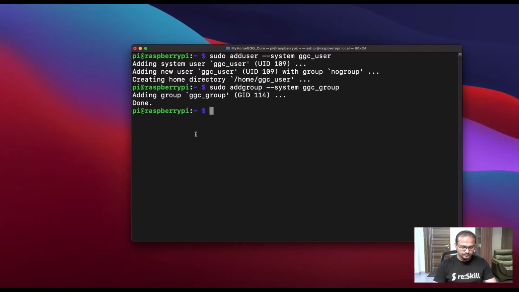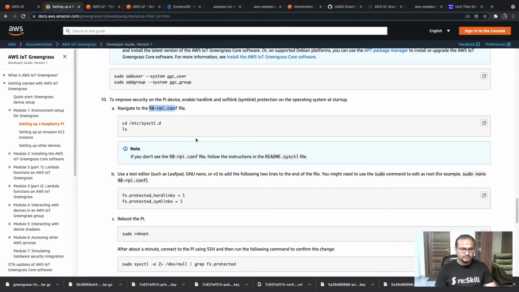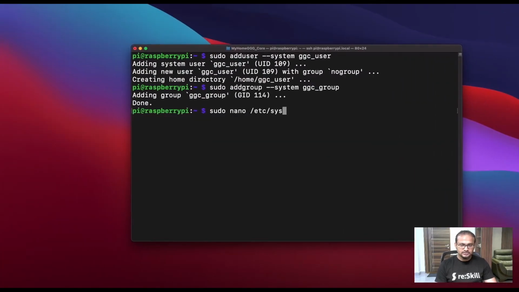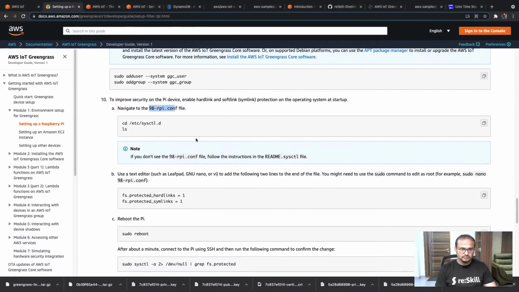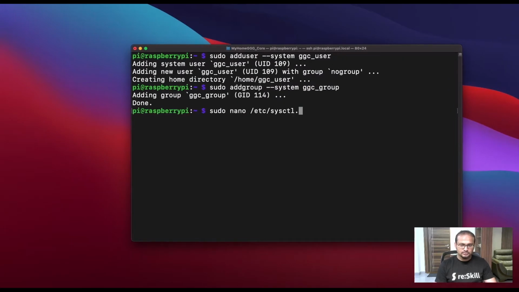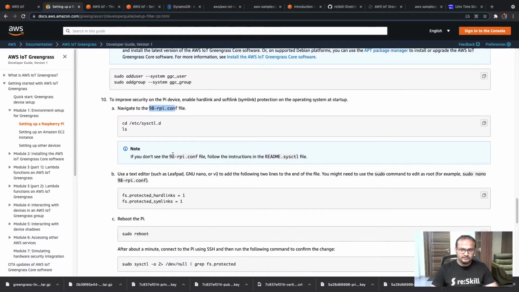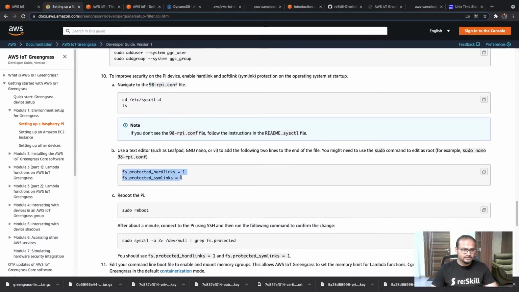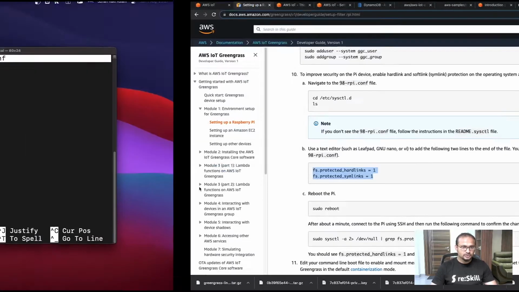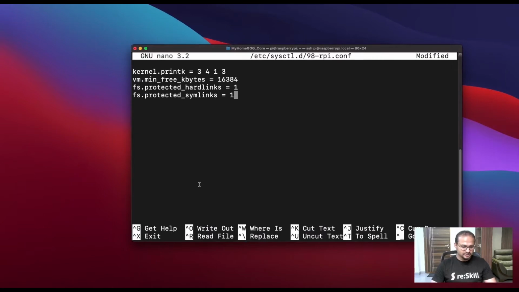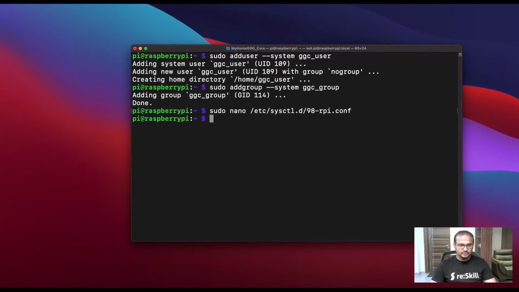So we will do sudo nano /etc/sysctl.d/98-rpi.conf, and in here we need to add a couple of lines, which are these two. So I'll copy that, I'll paste it here, Control X, enter.